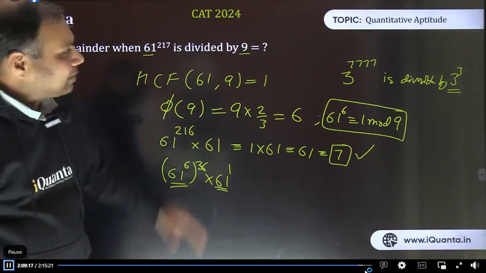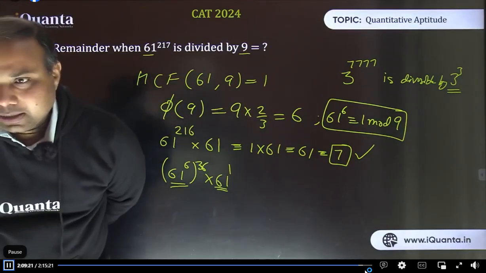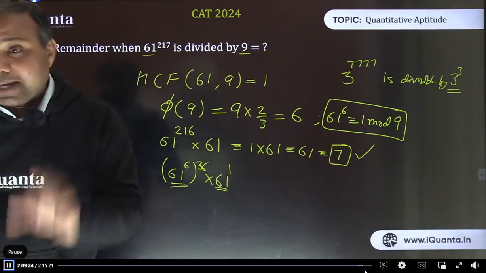When the numbers are not co-prime, we have seen one example, and there will be many more examples to solve questions. There is nothing new I need to tell. You just need to apply it cleverly.